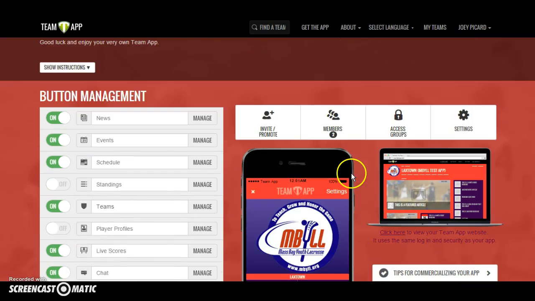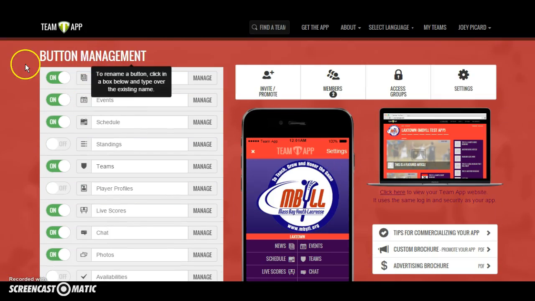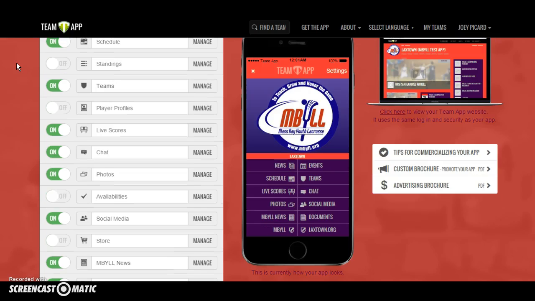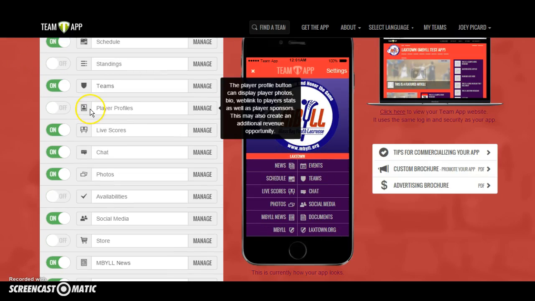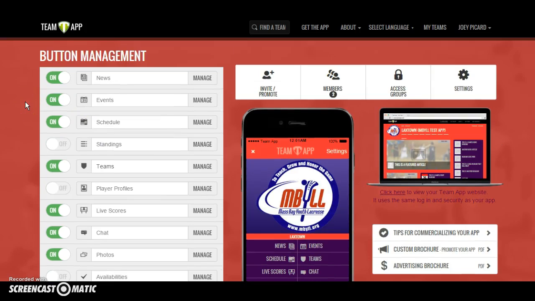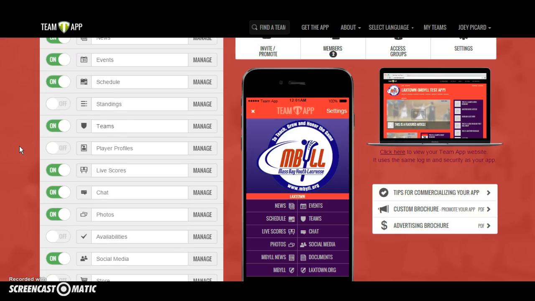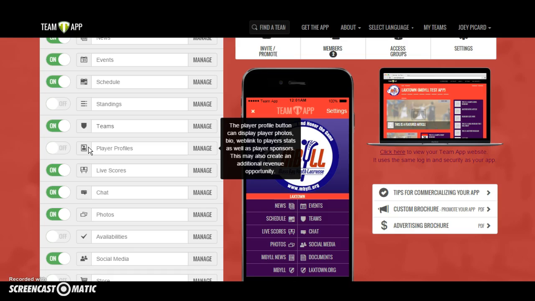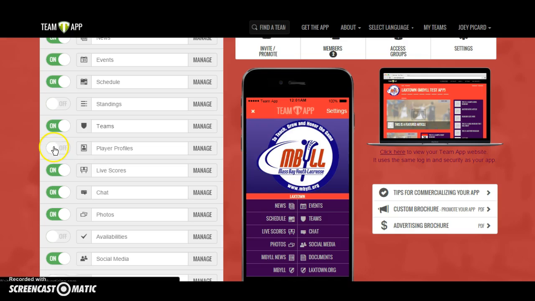Final thing to look at is the button management, which we alluded to. We set aside 12 buttons for you, but there are more. There are different options for you, and you might like one better than another. And so if you wanted to do a player profile, for example, which gives you an option of highlighting individual players with their photos and bios and maybe stats or sponsorships, clicking these buttons will turn on or off a